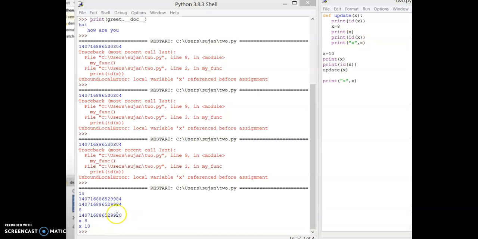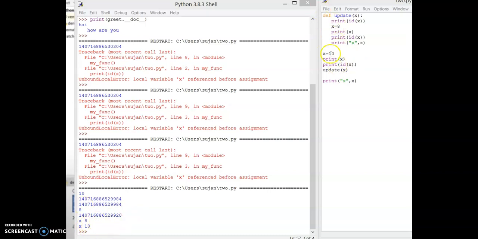It is the concept of immutability. Immutable means whenever you try to modify the value, the value is not updated in the same memory address. It will be stored in some other memory address. Understand? So now the x value printed is 8. So the function definition is over. The control again moves to the next statement after the function call statement. So it will print what is the x value now? 10. So understand the concept.